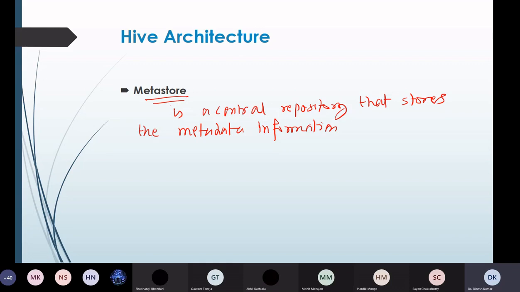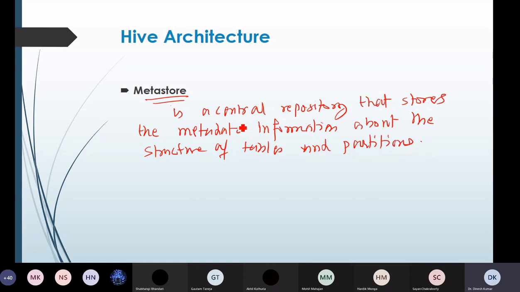and it stores the metadata information about the structure of tables and partitions. Right. So this particular component is a central repository that stores the metadata information about the structure of the tables and the partitions. Okay.